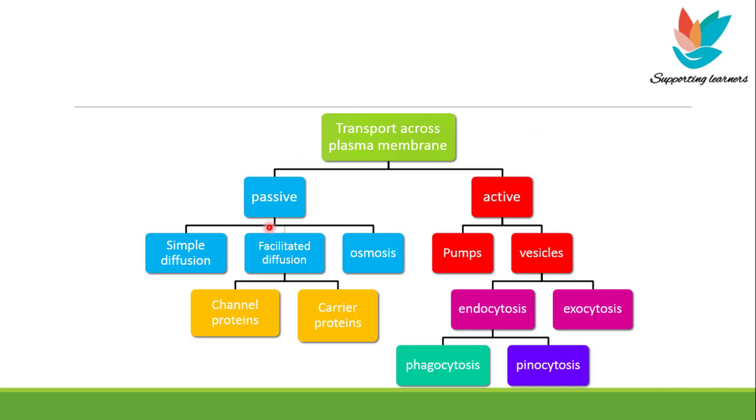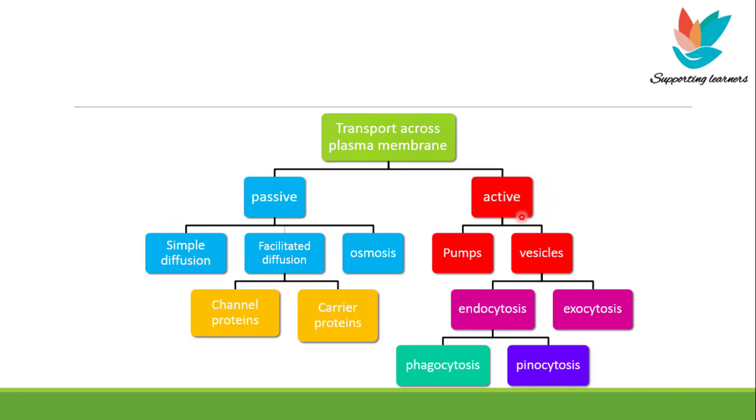ये इसका फ्लो चार्ट है, एक टाइप की समरी है कि transport across plasma membrane दो टाइप्स का होता है, पैसिव ट्रांसपोर्ट और एक्टिव ट्रांसपोर्ट. Passive transport, again we have studied three types: simple diffusion, facilitated diffusion and osmosis. Facilitated diffusion can take place with the help of channel proteins or the carrier proteins, whereas active transport जो है this can take place with the